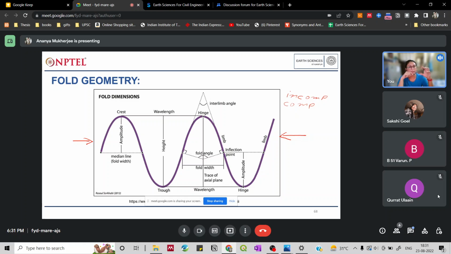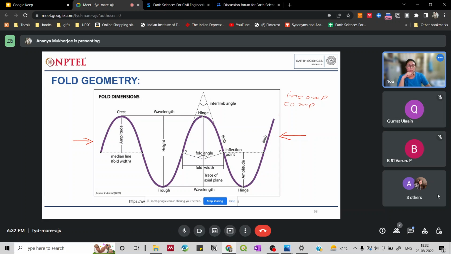Competent can still take in the stresses that are being acted upon it, and it can bend and become a ductile material. So this is a very generic, layman language explanation of competent and incompetent material. Right now we are just going to see how these materials react to compressive